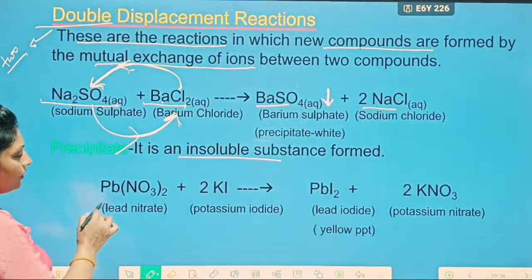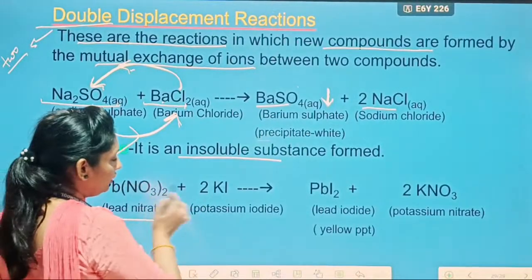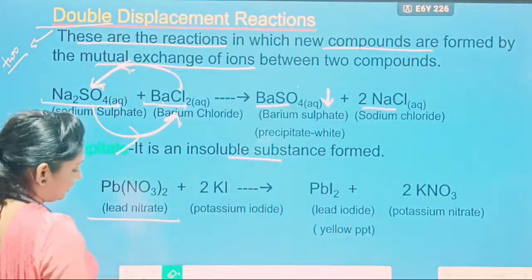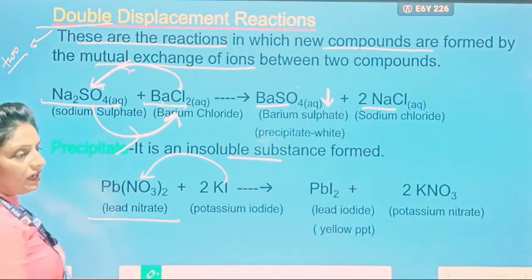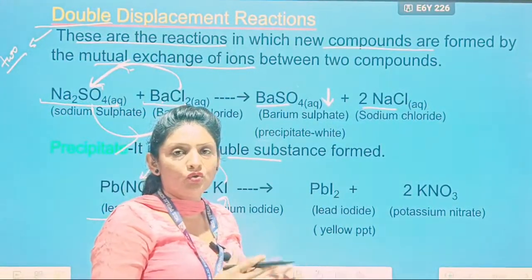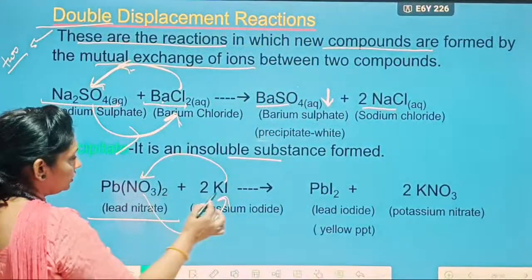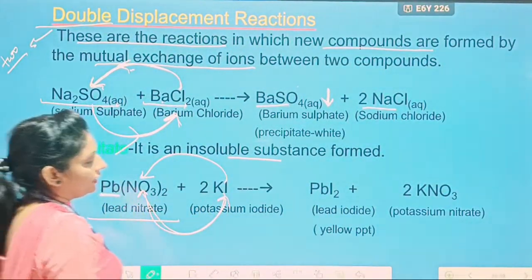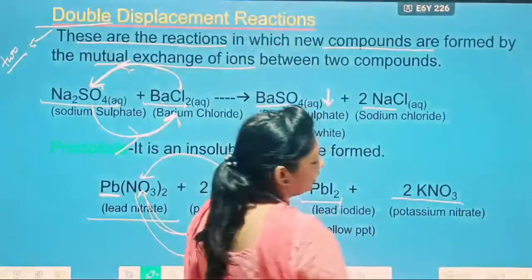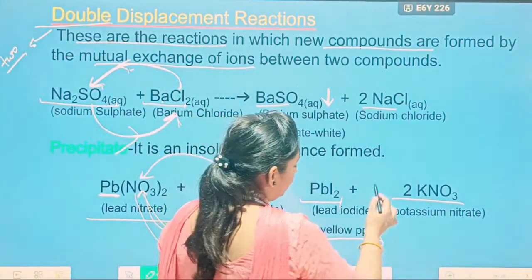Then you can see one more example. Like if you have Pb(NO3)2, this is lead nitrate. When we react this with KI, which is potassium iodide, a double displacement reaction takes place. Here the iodide and nitrate both will exchange each other, so two ions are exchanging. So it is known as the double displacement reaction. This iodine goes with lead, and you get lead iodide. And the nitrate ion goes with potassium, and you get potassium nitrate. So students, here you are getting the yellow PPT of the